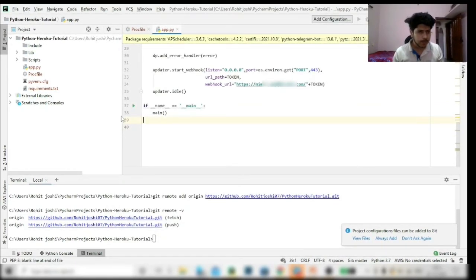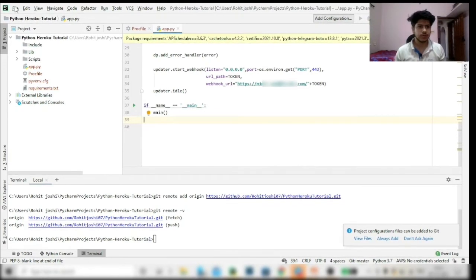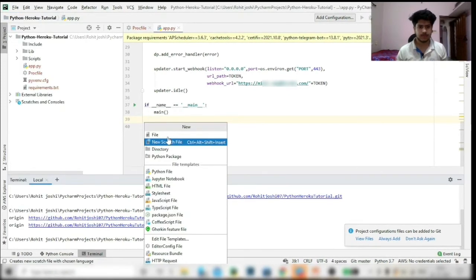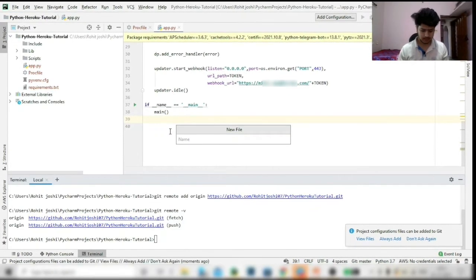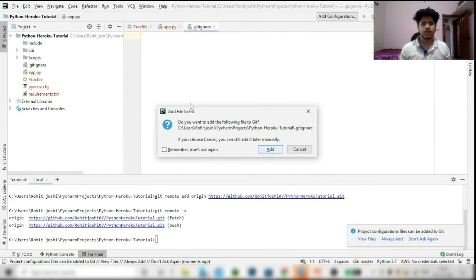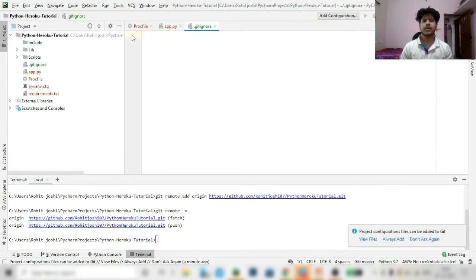What you can do is create a .gitignore. Simply go to New, File, .gitignore. In the gitignore file, you can mention those folders or files which you don't want to add.